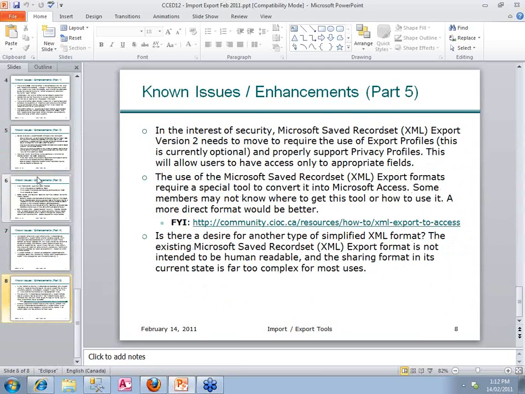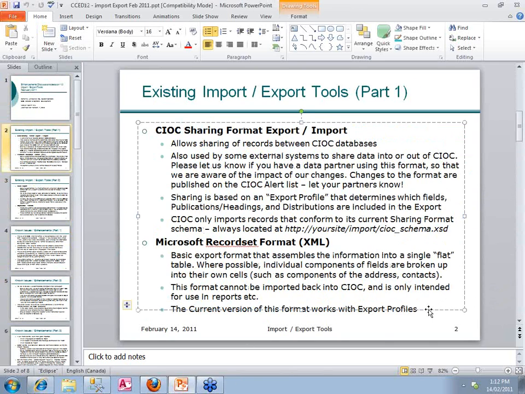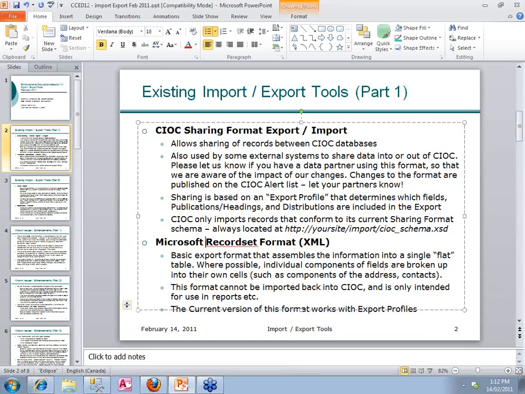I think I linked to it here somewhere. There, on the last slide, is a link that teaches you how to use the Microsoft saved record set and bring it into Microsoft Access. So if you've never done that before, there's a how-to document on it and a download of the tool. But the Microsoft saved record set format